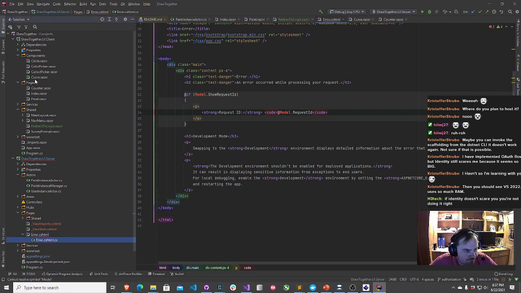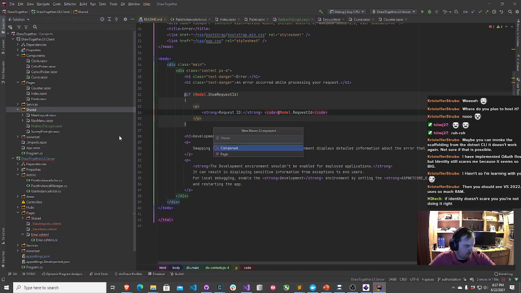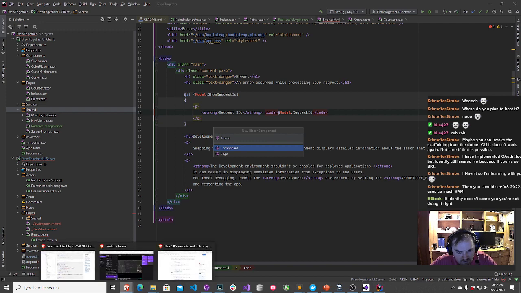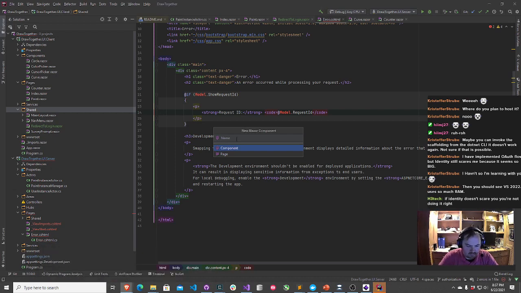All right. Let's add new Blazor component. And what do they call this in the little tutorial up here? They called it a login display. Okay. That seems simple enough.